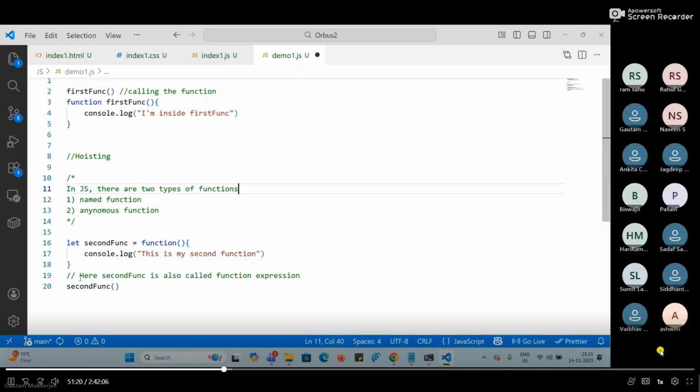So named function and anonymous function, right? Named functions have some name, anonymous functions don't have any name. Okay, now let's do some experiment. Our anonymous function is also executing, working fine. Let's do one thing. Let's copy this line where we are calling it,